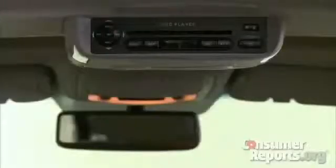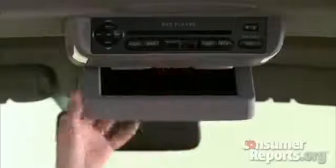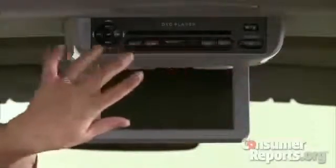The second row seats are roomy, but there's no center seat, so unlike the Sienna or the Odyssey, the Sedona seats only 7. Here's the backseat DVD system. It's a bit behind the times with only one screen. You can only control it with the remote or these buttons here. A parent buckled in the front seat can't change discs or control the system from the dashboard. And if you wanted to get into the third row seat, to do that,